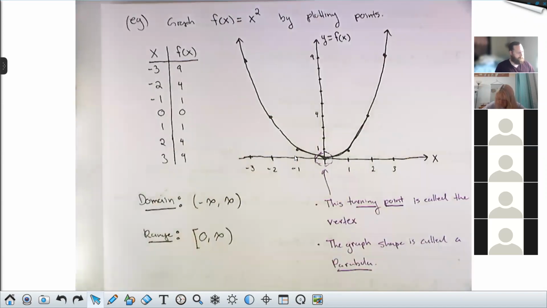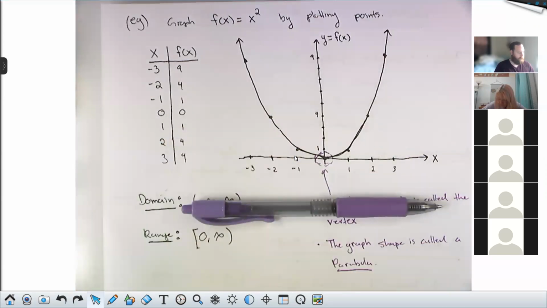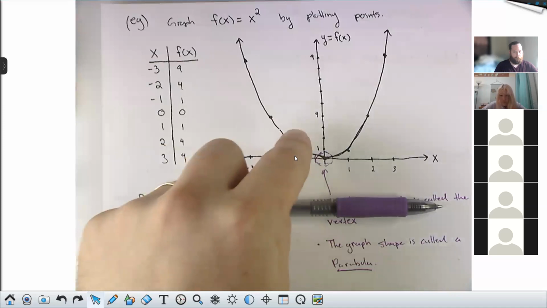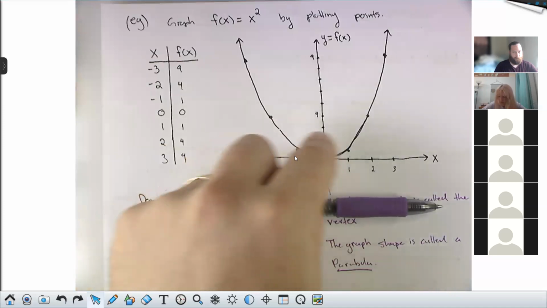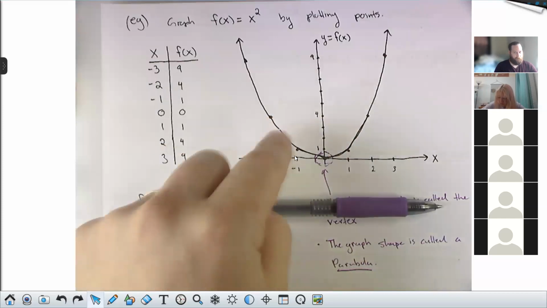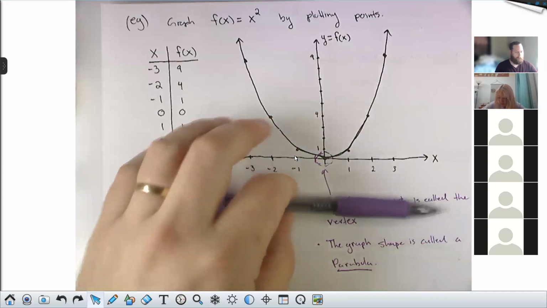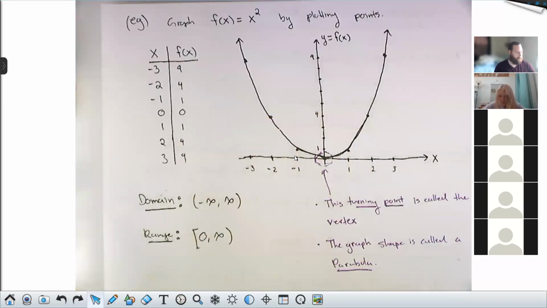What it means is that if you were to draw a line down here and take the vertical distance from here to the point, some point in here called the focus, then the sum of those distances is always constant. That's the way the Greeks defined what a parabola is. They didn't know about quadratic functions, but they knew this shape from a purely geometric definition having to do with distances.